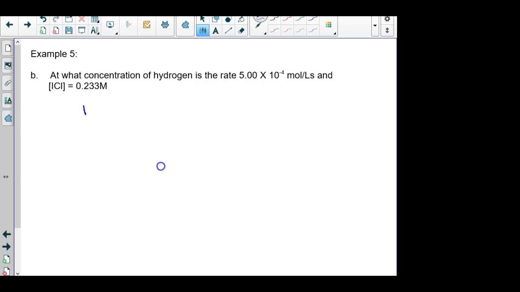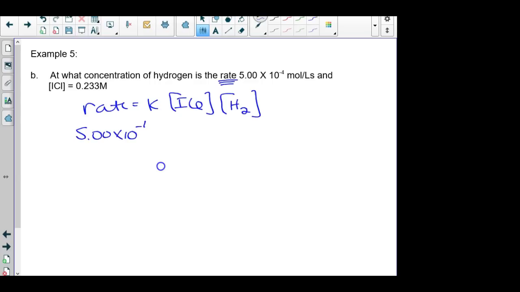Remember, our expression is rate equals K [ICl][H2]. All right, that tells us the rate. Don't get rate and rate constant confused. Be careful to plug the right one into the right spot. Rate is different than rate constant. This says rate. That goes up with the word rate. 5.00 times 10 to the negative 4th